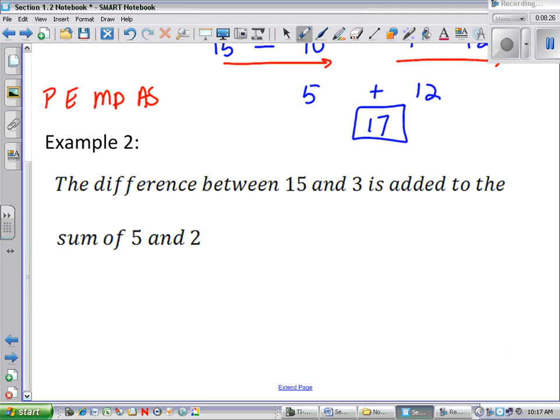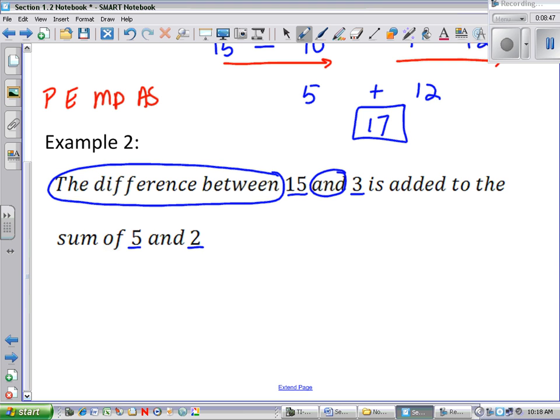Example 3 says the difference between 15 and 3 is added to the sum of 5 and 2. Again, I'm going to underline all of my numbers, and then I'm going to go back and circle all of my phrases and words. The difference between, and. Remember, those two phrases go together. The difference between and tells us where we're going to put the subtraction sign,